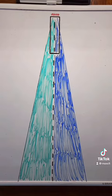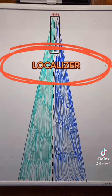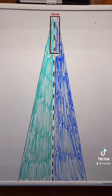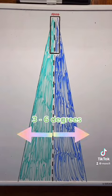The first one is called the Localizer. The Localizer provides lateral course guidance to the pilot, telling them where they are, left or right of the extended runway centerline. The Localizer is an electronic signal that is generated by an antenna at the far end of the runway. The course is between 3 and 6 degrees wide, and it's adjusted so that it's about 700 feet wide